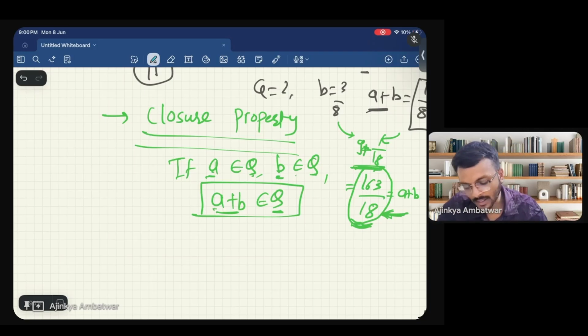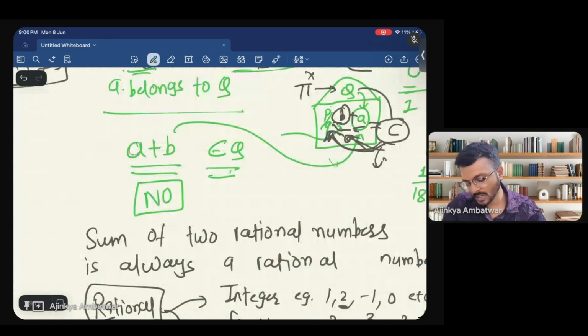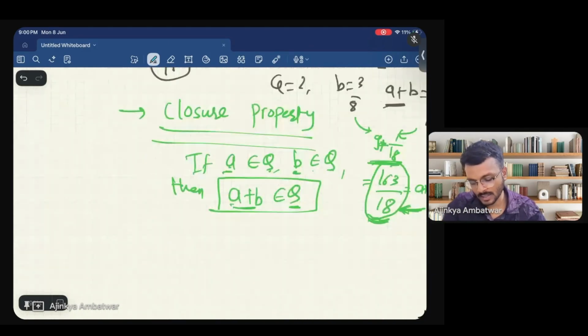That's what I've written mathematically. A belongs to Q, meaning A is a rational number. B belongs to Q, B is a rational number. Then A plus B belongs to Q, means A plus B is a rational number. That's it. Simple as that. Clear? So now we were discussing addition of rational numbers, and in that we discussed closure